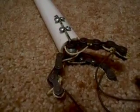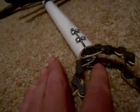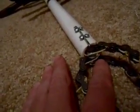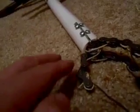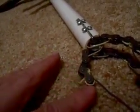Hello, here's a little 3-finger animatronic hand on a stick that I'm working on. How this works is you've got 1, 2, 3, 4 links of chain. It comes up out of here, loops around, goes over one complete piece of chain link, and then it comes over here, and then it loops around just this one and goes up to here and hooks onto the